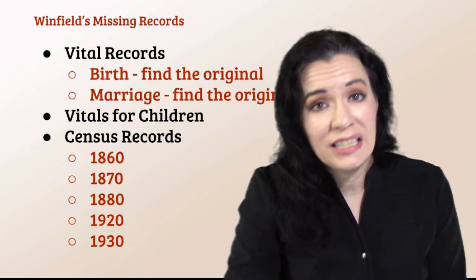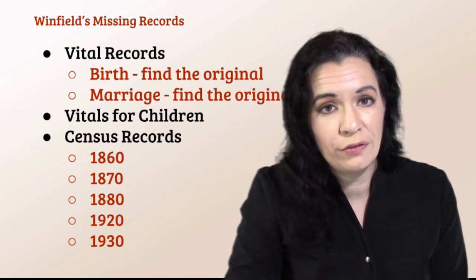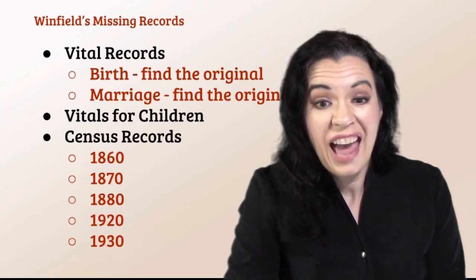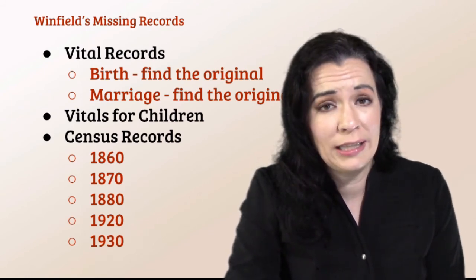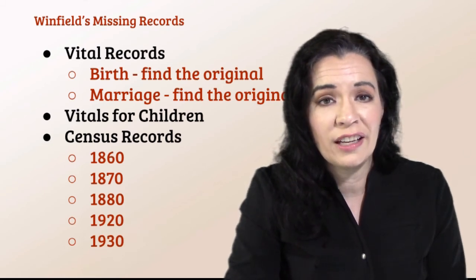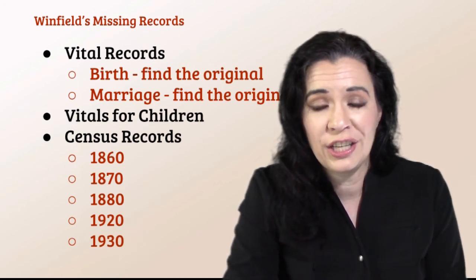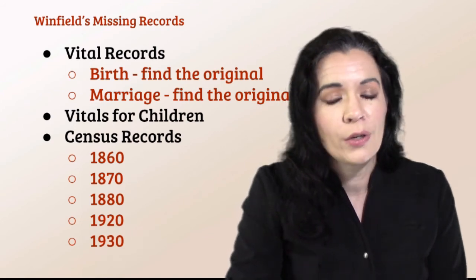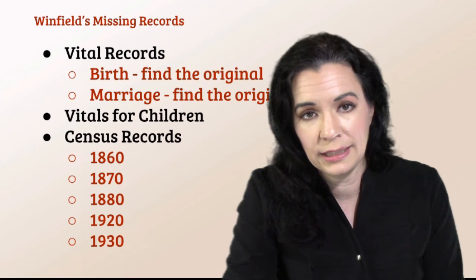Now there are plenty of other records we could look for for Winfield, but we're looking for the fastest ones we can find, the low-hanging fruit, and that's kind of an extensive list right there, as you can see. I also need to investigate many of the same records of birth, marriage, death, and census records for his children because some of them are going to appear in the 1940 census.